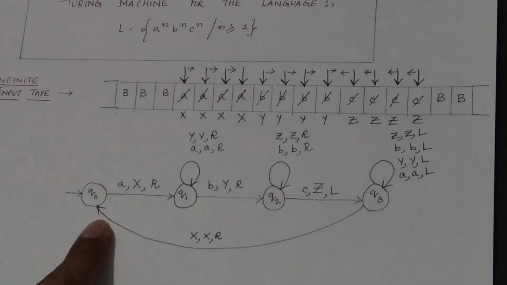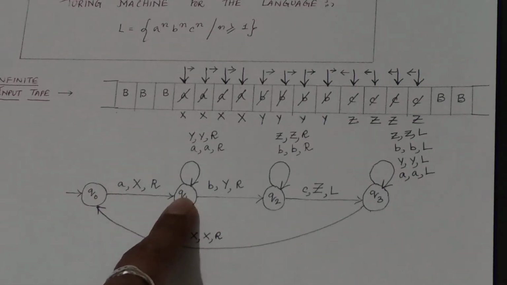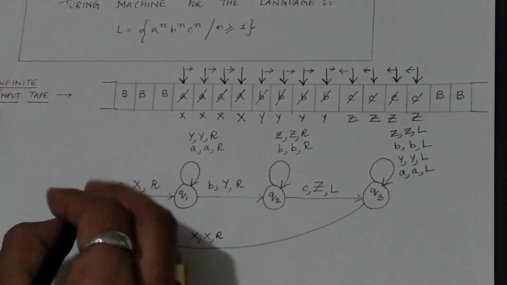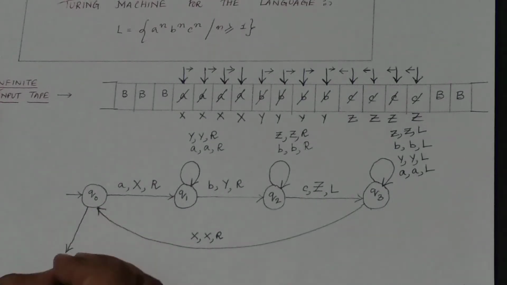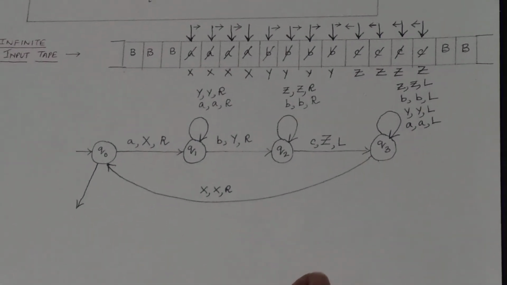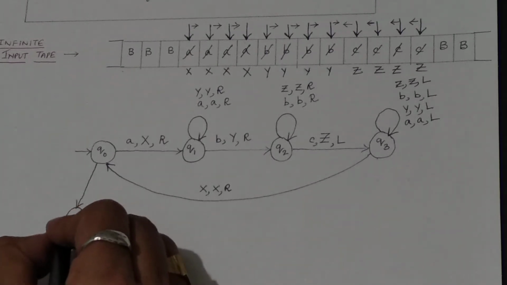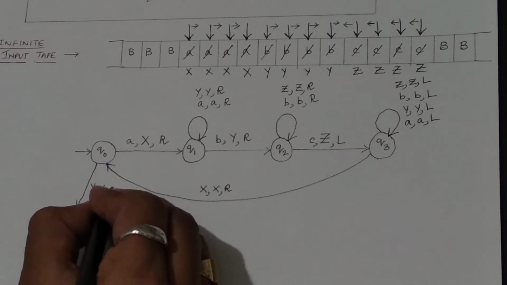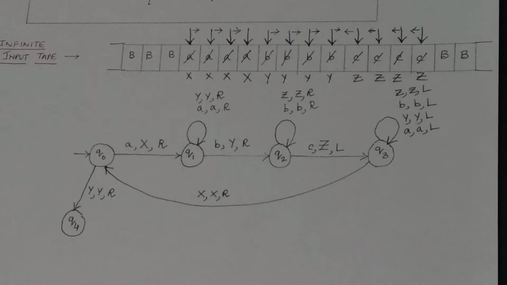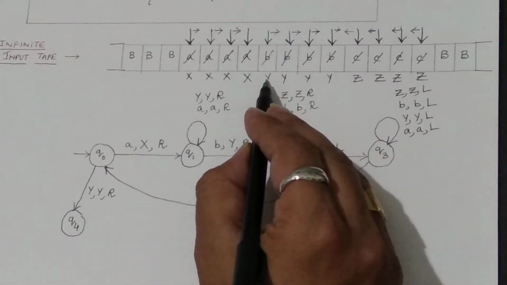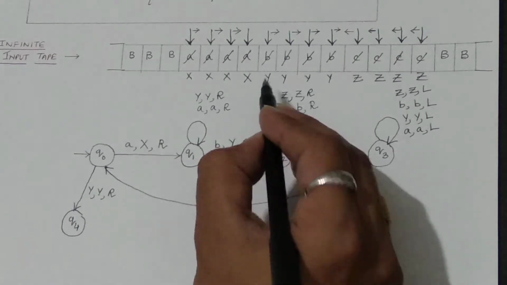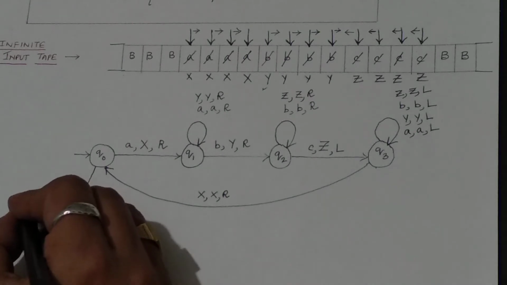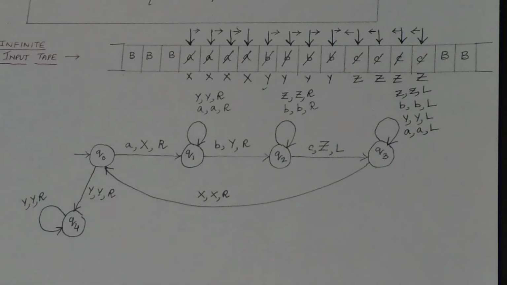After that, can you just let me know whether the Turing machine will follow this transition? No. After single X, again Y is coming. Correct? So for that, you have to take one more transition, and this transition will take you to one more state. Let it be suppose Q4. And what is this transition? On seeing Y, replaced by Y, and the tape head will move in right direction. Clear? Now this transition is for this particular Y. After this, you are having 3 more Y's. That means I have to take one more self loop. So on seeing Y, replaced by Y, and the tape head will move in right direction.